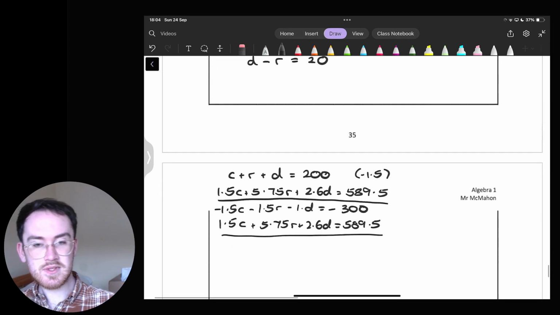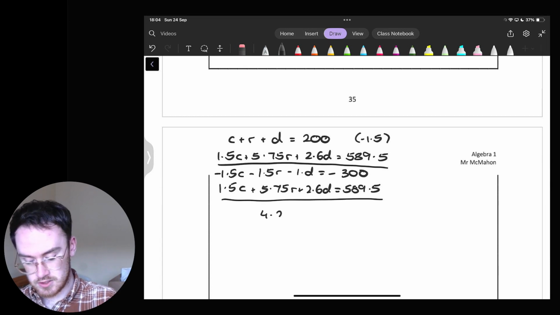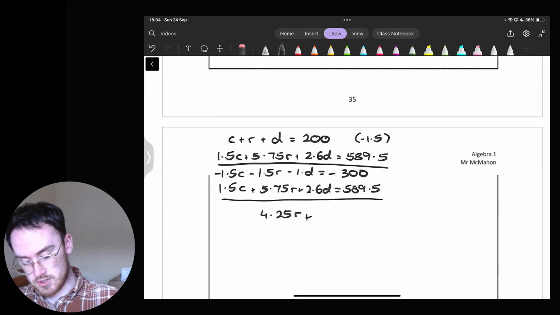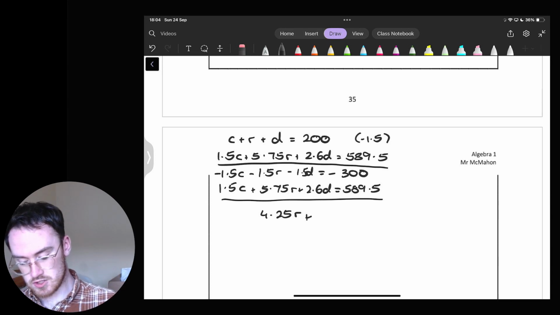Okay, and as with the other equations, at this point it's just a matter of solving them out. So we get 4.25r plus, that should be 1.1d there, and over here we get